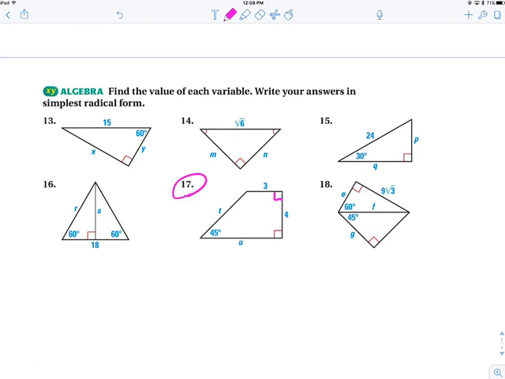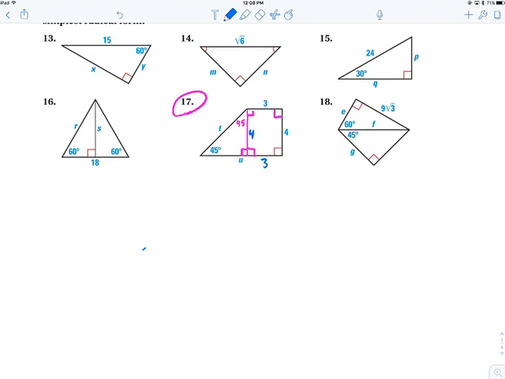So instead, if we add in a perpendicular here, like an altitude or height of this triangle on the left, we get this right triangle, which is 45, 45, 90, and a rectangle. And what do we know about a rectangle? We know the opposite sides are congruent. So now we've got